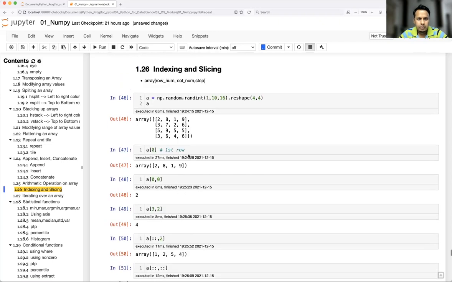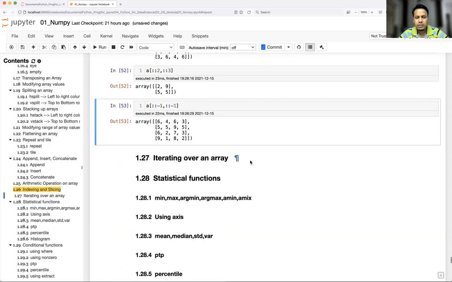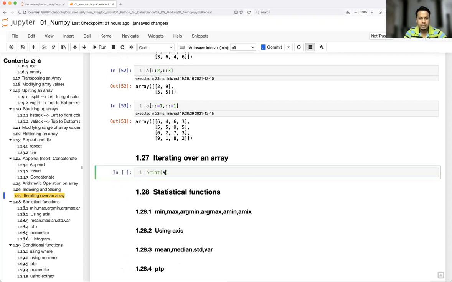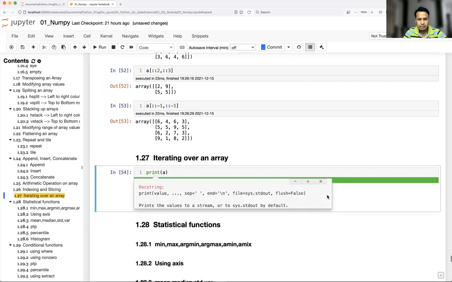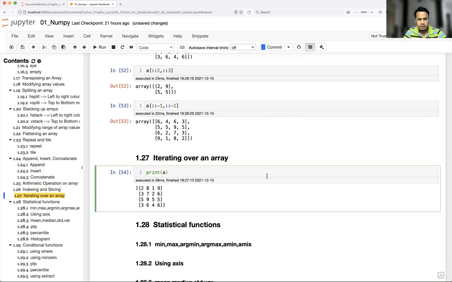Okay, guys, so let's go to the next one, iterating over an array. As I mentioned, an n-dimensional array is nothing but a list inside a list, right? So if you would like to iterate over an array, let me print A. The best way is you just put a for loop. Of course, we are going to use a for loop to iterate.